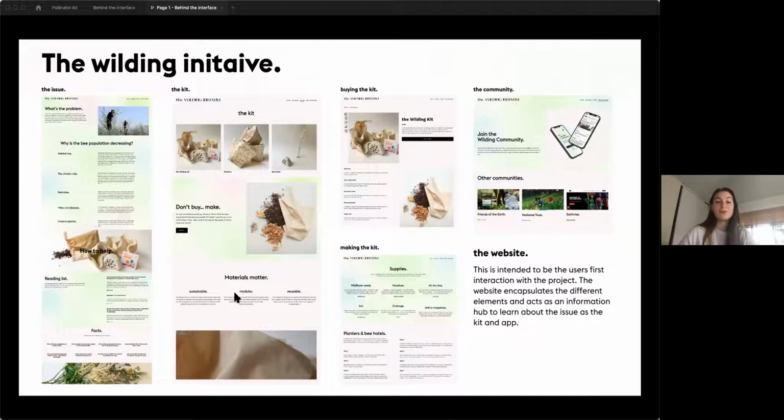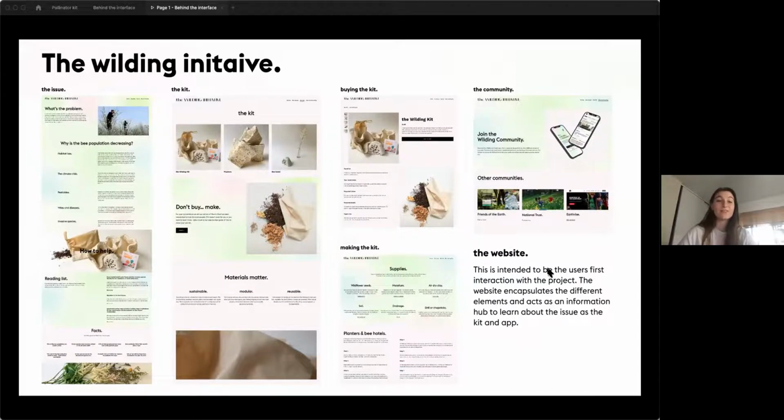we're too focused on materials and not focused enough, if that makes sense, where we like things, but we don't think of what they're made from. So I wanted there to be this big focus. And so you could buy it, but you could also make the kits. And there's an in-depth guide of how to make the kits. And the last page is the Welding community and the other communities that are really good to join as well.